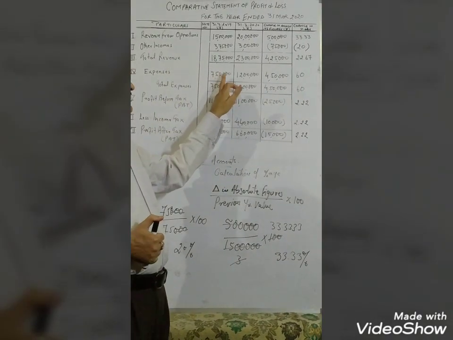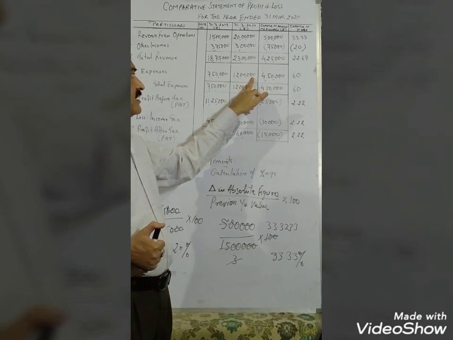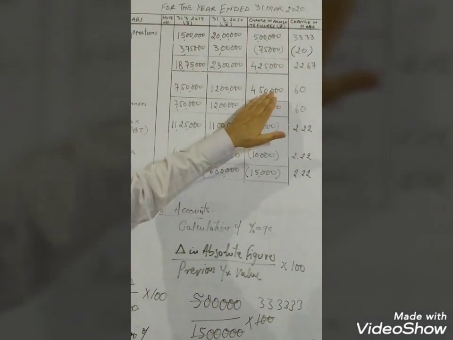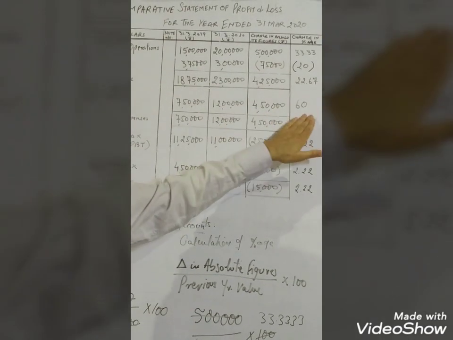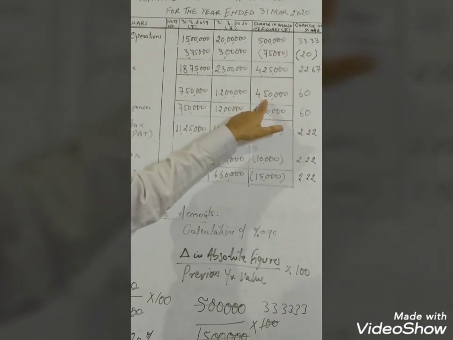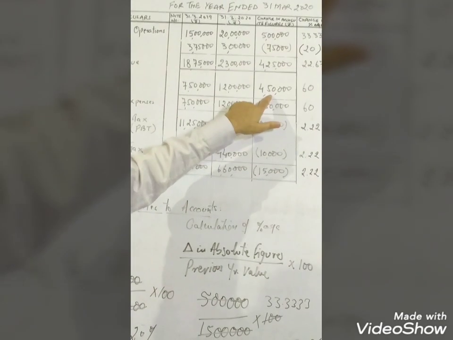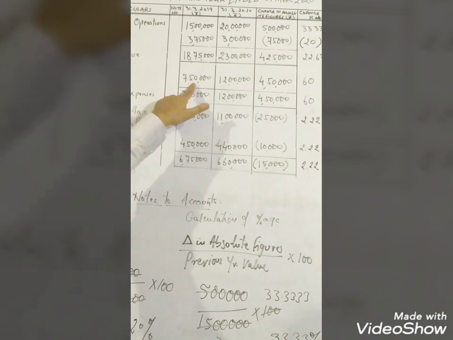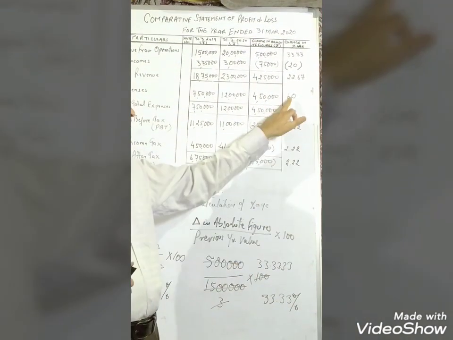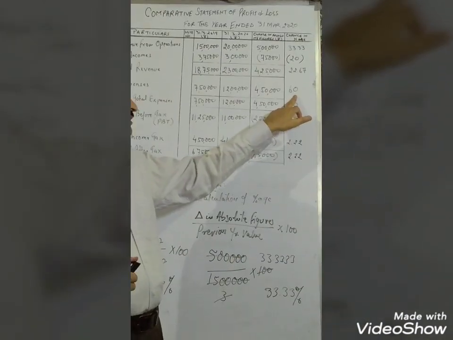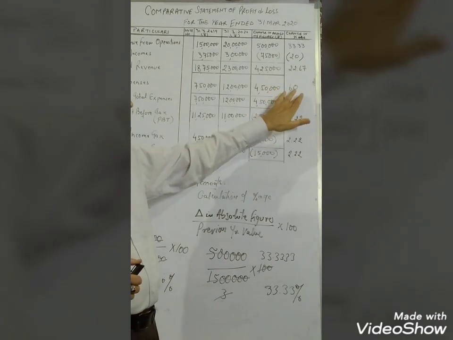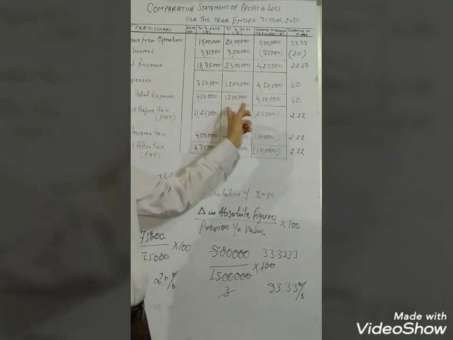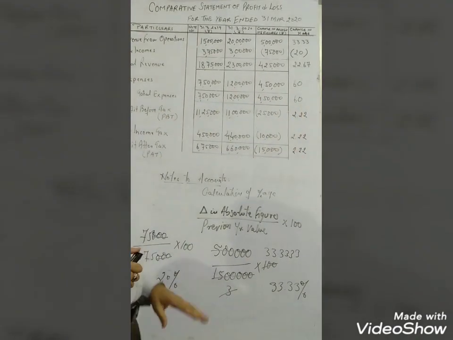Now we have to take the difference between 7,50,000 and 12 lakh. There is an increase of rupees 4,50,000. Now this increase will be converted into percentage by dividing the absolute change 4,50,000 by rupees 7,50,000, the previous year value, and multiplying with 100. This will result in 60%. The absolute change is 60% in case of expenses. Now again we have to make a total, and the similar values will be there.